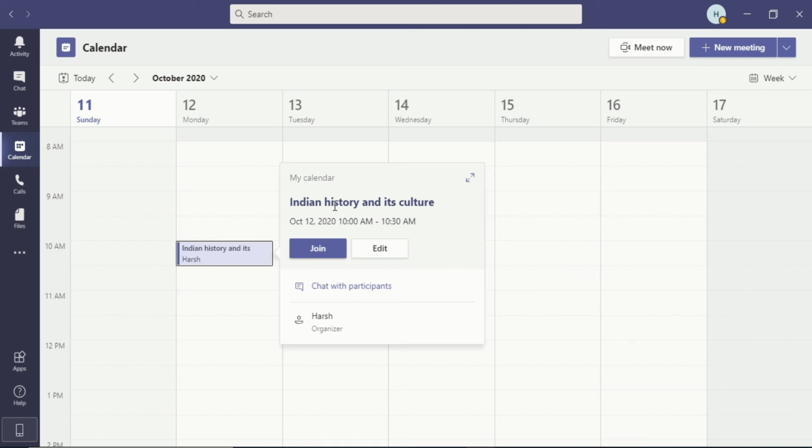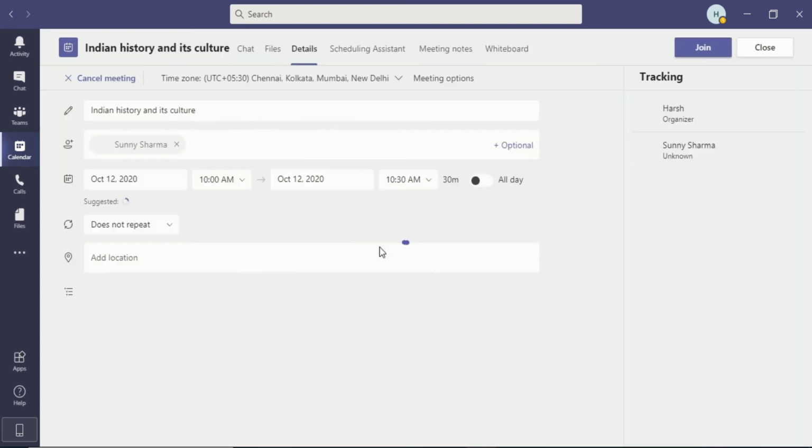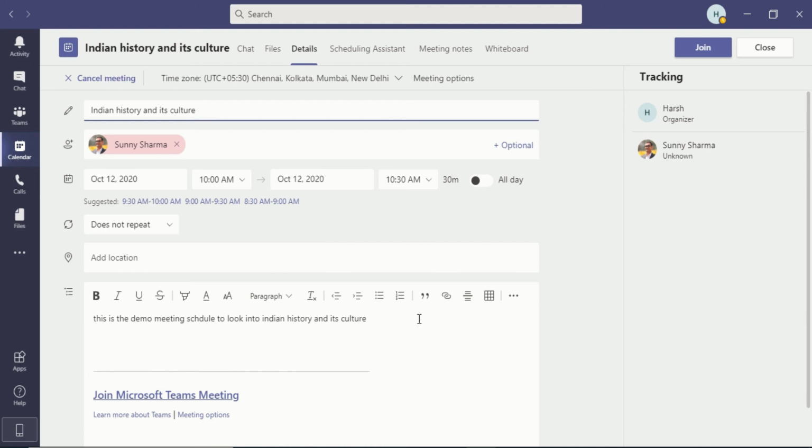So firstly, I will tell you, you have to do it earlier. Then what you will do, like the meeting is tomorrow, I want to make the changes now. So you will go into the edit section. When you go into the edit section, you will see something like this. So now you have meeting options in here.